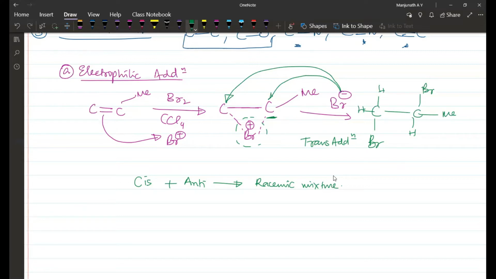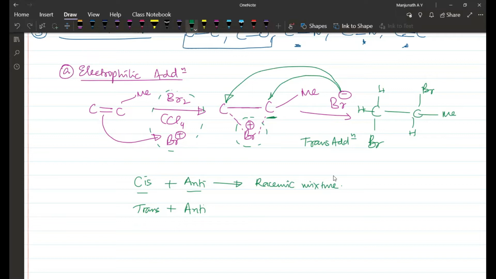So we will only discuss this much. If the compound is cis and the addition is anti, then it will form a racemic mixture. The compound can be trans also. Instead of propene, if I take trans-2-butene, then the addition product, because when we say anti-addition, anti-addition is actually because of the reagent. Some particular reagent will do anti-addition only, always. Sometimes a particular reagent will do cis addition only. That is called syn addition.